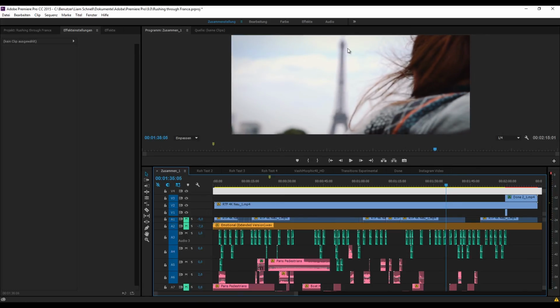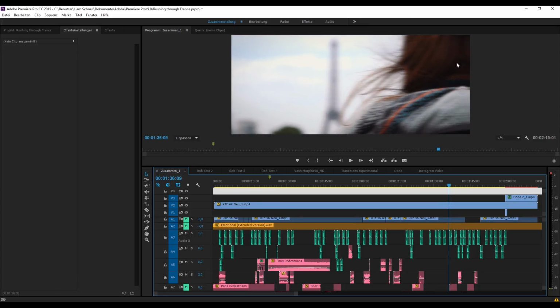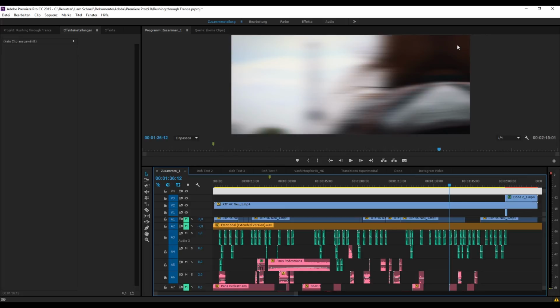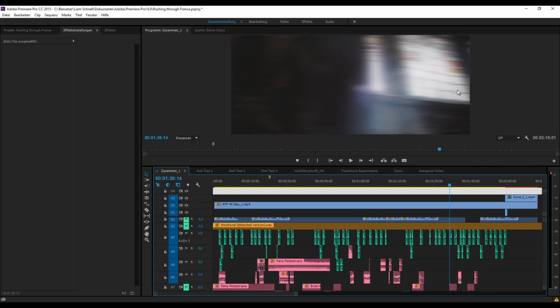And you can see this is the Eiffel Tower, and I'm doing a focus pull. She's not in focus yet, and now she's more and more in focus. Now I'm transitioning to the right, and I've timed this so that her head actually, this is a mirror image, as you can see. It's mirroring here, but it's happening so fast